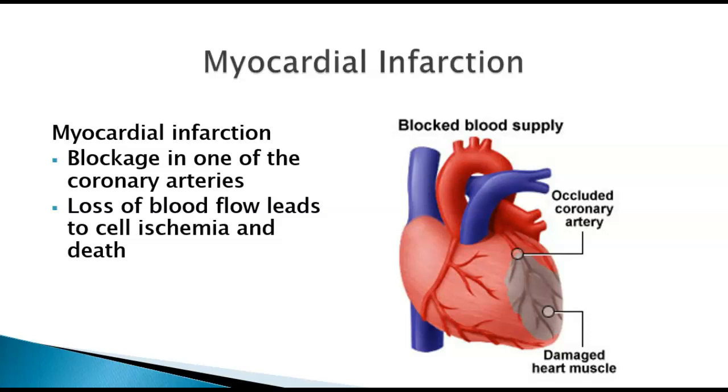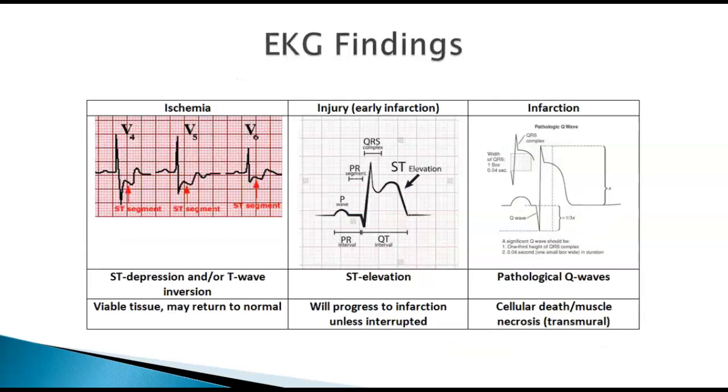Looking at this again, looking at the arteries, it's really important. So when you have an inferior, look at the vessels on the bottom. If you had a lateral, look at the vessels on the side. So when we're interpreting our 12-lead EKG, what we're really looking for is, is there any elevation? That's the middle 12-lead EKG, the middle picture right there.